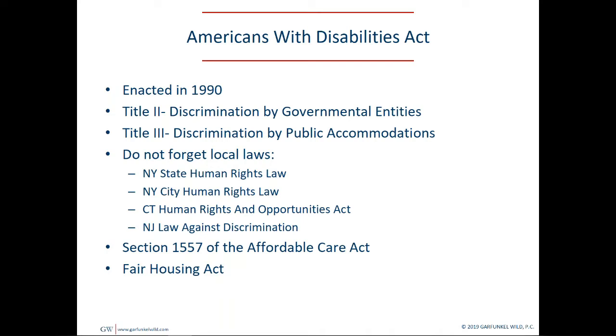Now, in addition to these federal statutes, there are also local and state laws. New York State has a human rights law, which also prohibits disability discrimination, and it's interpreted in much the same way as the Americans with Disabilities Act. New York City has its own human rights law. It's known as the New York City Human Rights Law, and that's interpreted in much the same way as the Americans with Disabilities Act,